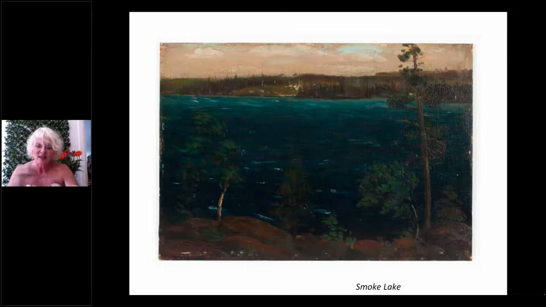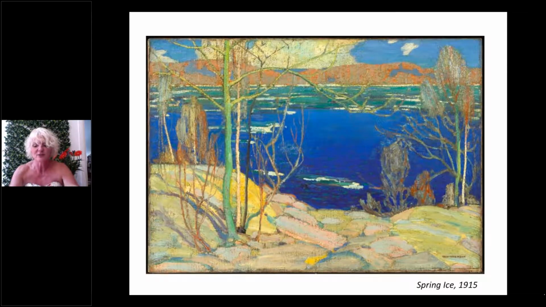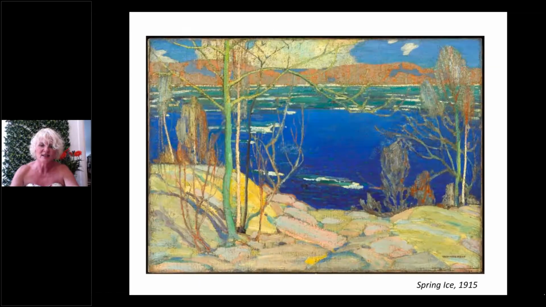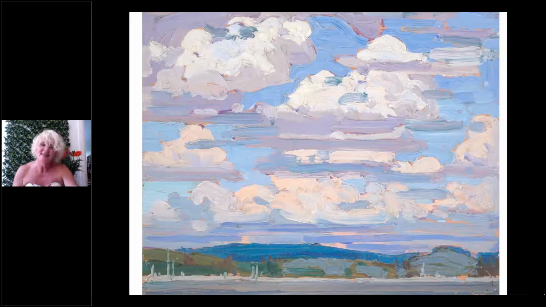But if you've been up to this part of the world on a day that's sort of gray, the water does get this deep, dark, bluey black, not that bright water that we saw before. He was interested in the water itself and compare and contrast. I should have had these both on the screen so you could see his studies in water, in the color and in its movement with different kinds of light in different seasons. And then, of course, there are the Thomson skies.